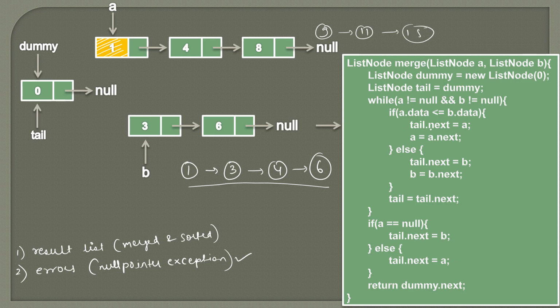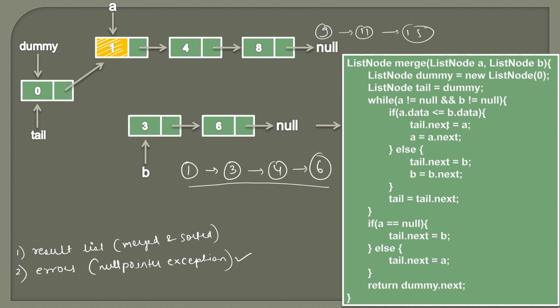So here you can see now what we do is, tail is actually pointing to this dummy node and our task is to add this node into the dummy list. Currently, you can see tail's next is pointing to null. So if we assign A to tail's next, it would look something like this. The tail's next, which is pointing to null, will now point to the list node being referred by A. So this assignment will add this list node having data as 1 into this list whose head is dummy. So we are taking the help of the tail pointer to add this node.